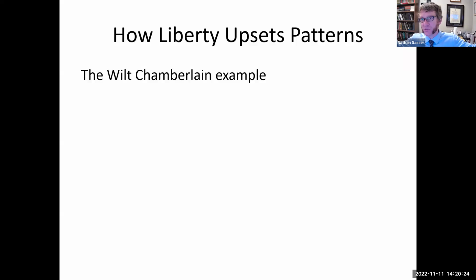The idea is outcomes are what's just or unjust. But Nozick says if what you want is any specific kind of outcome where we all have the best possible situation, or we're all equal, or we all have what we need, if what you want is a certain kind of outcome, that's going to be incompatible with individual liberty. And in order to illustrate this point, he gives us the Wilt Chamberlain example.